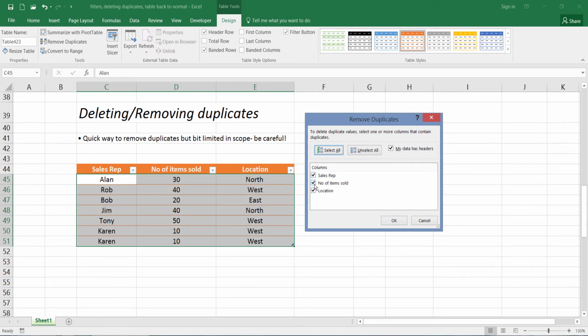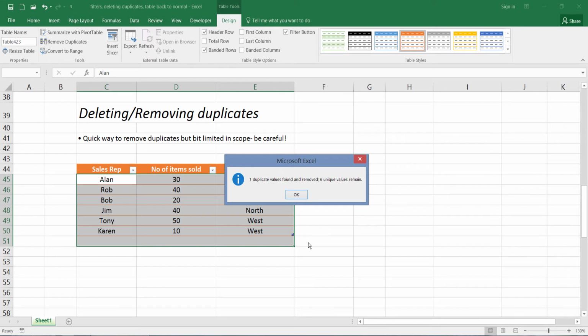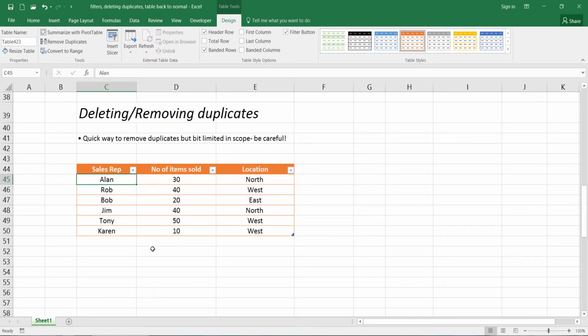So if I leave all these three ticked and press OK, we get this message: 1 duplicate values found and removed, and 6 unique values remain. So as you can see, Microsoft Excel has gone through the table and found an exact match, in other words, a duplicate row of data, and deleted it. Now I'm just going to undo that and show you